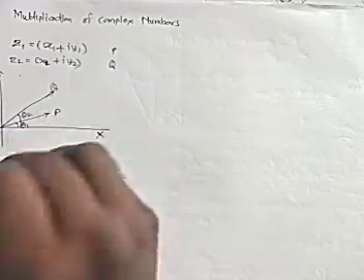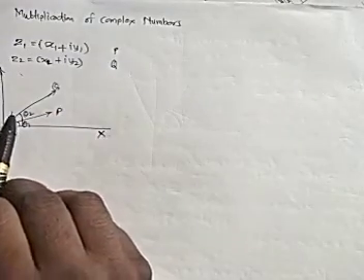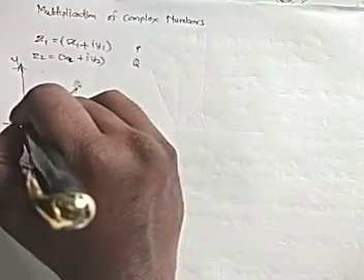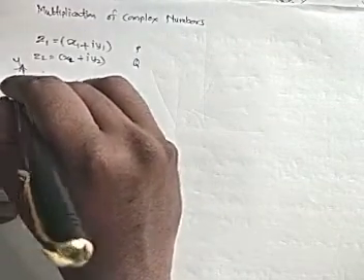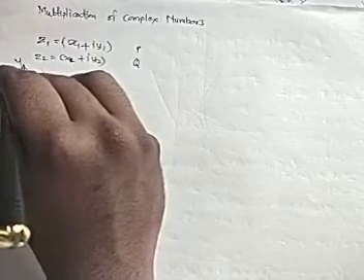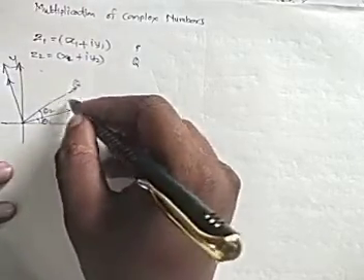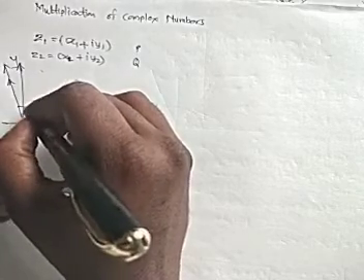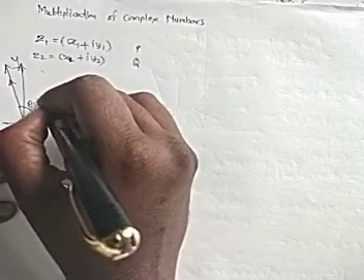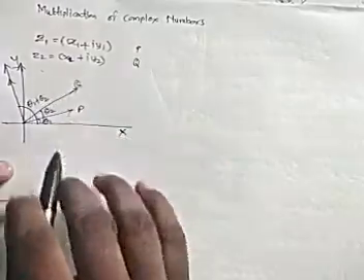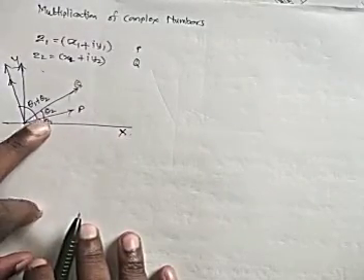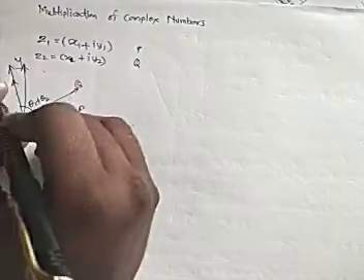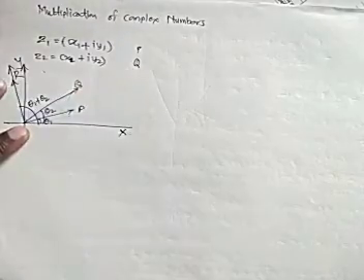with the angle theta 2. And we have another vector here which is very long compared to these two. This has a different angle, which is theta 1 plus theta 2. So the addition of these two angles gives you the resulting vector, which is represented as R.